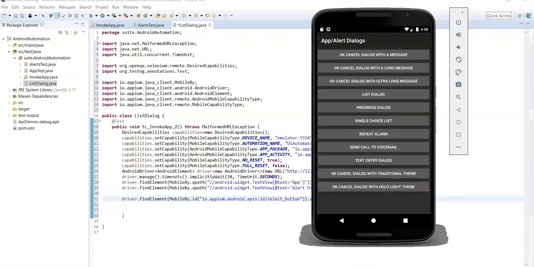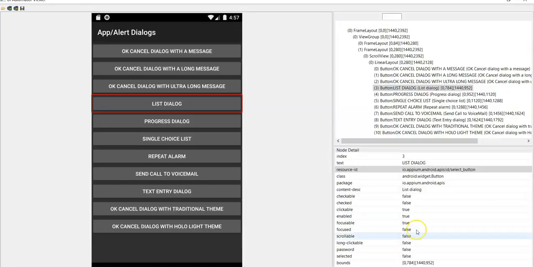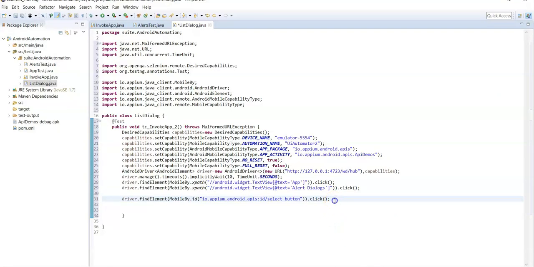Is there any other way to perform a click action on that? You can use the text attribute, right? So you can build the XPath using this text attribute, and also content-desc. You can use this value using accessibility ID. So you can also use the content-desc value with the accessibility ID.